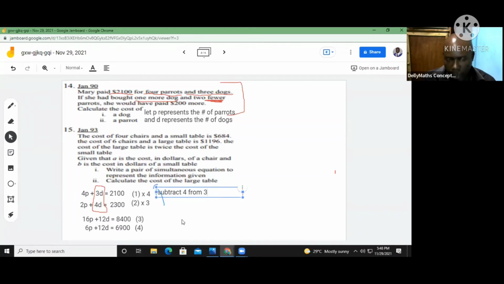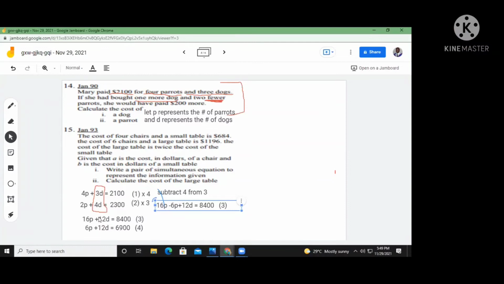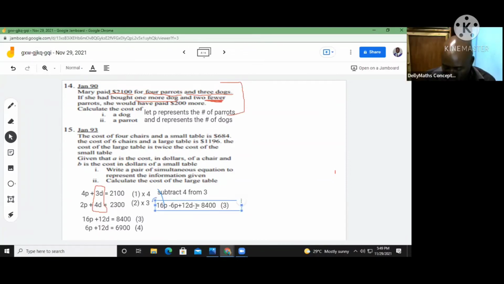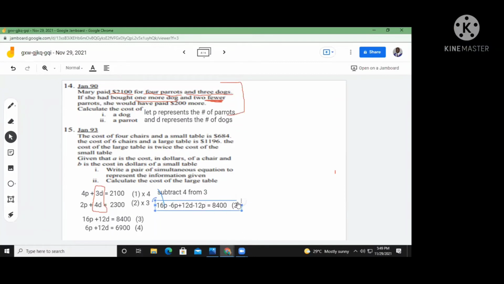All right, so if we're going to subtract equation 4 from 3, let's go. I'm going to put it there and then walk through it. It's going to be 16p minus 6p. Everybody agree? Plus 12d minus 12d, yes sir. And then I'm going to write this for us as well, 12p minus 12p, and equals